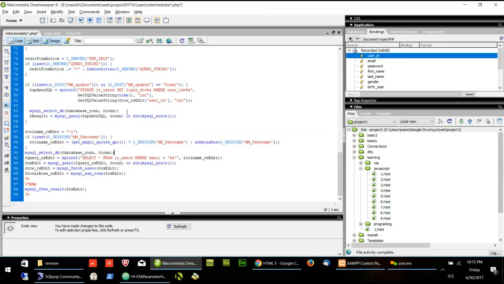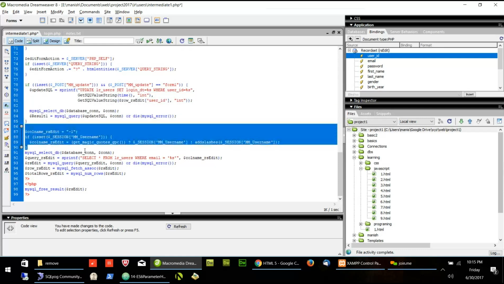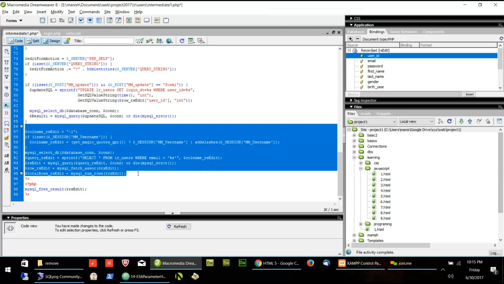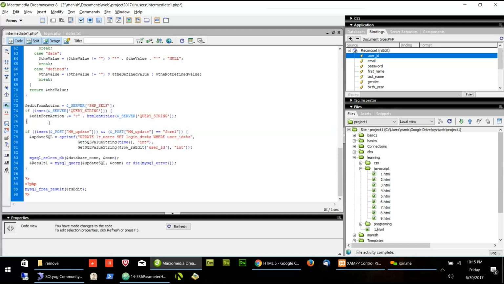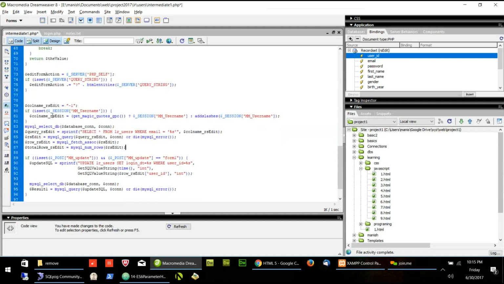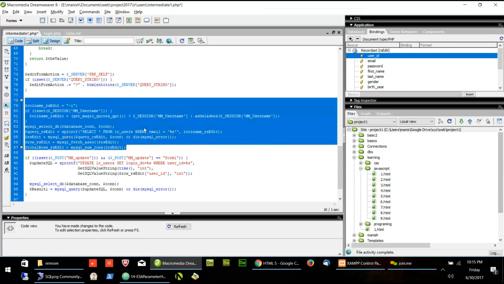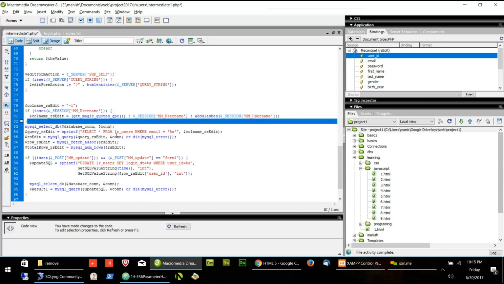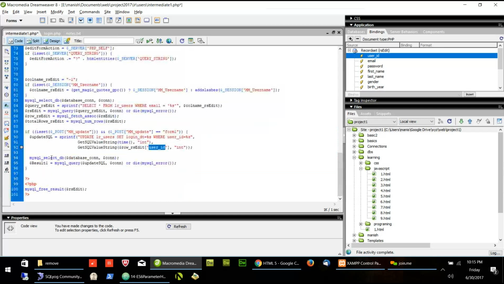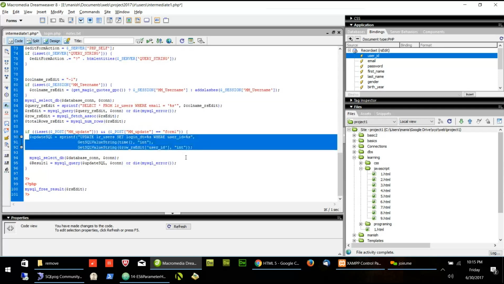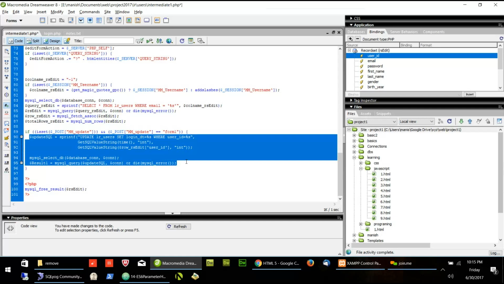Since we need the RS edit to find the user ID, but the code is written after it, I will delete the code after it and paste it above it. That means here we are taking from the session, we are getting the details of the user, where one of the details is the user ID, and then we are updating using the code which Dreamweaver has created. We will not create that code.